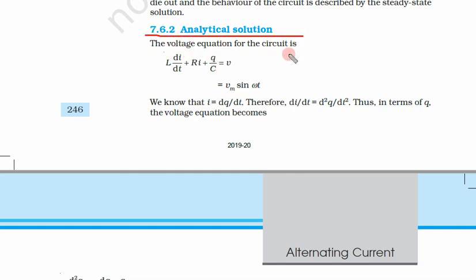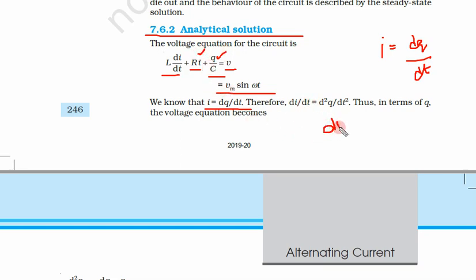This was our equation for voltage. V = L di/dt + IR + Q/C, and this voltage was Vm sin omega t. Now we have to put in some values. First value is I = dq/dt. We know what current is. Current is charge per unit time. So dq/dt is I. So we are converting the whole equation in terms of q. This is already q. This becomes dq/dt.